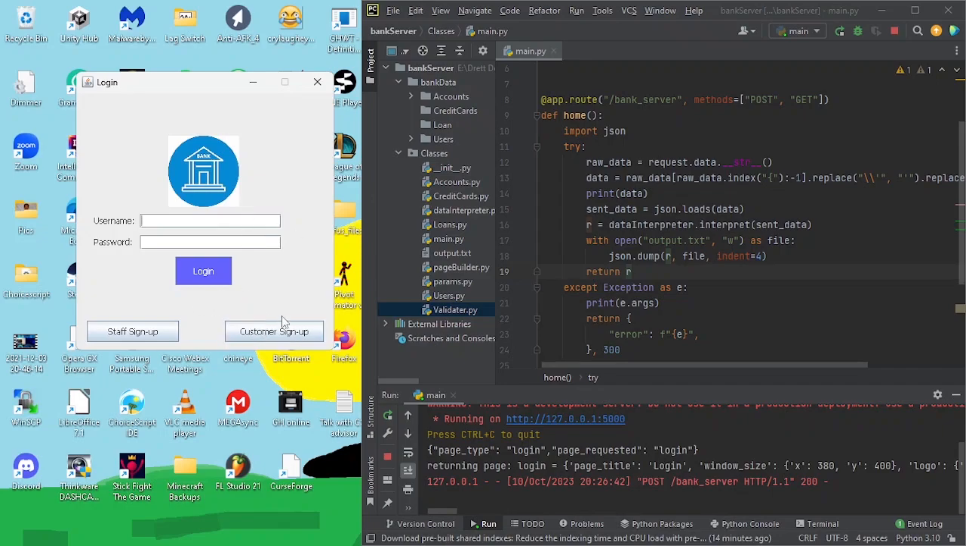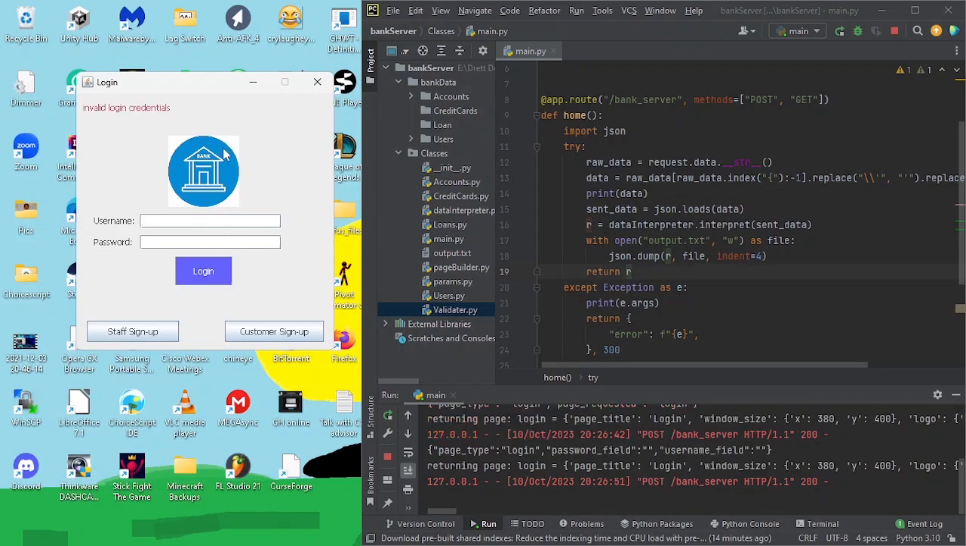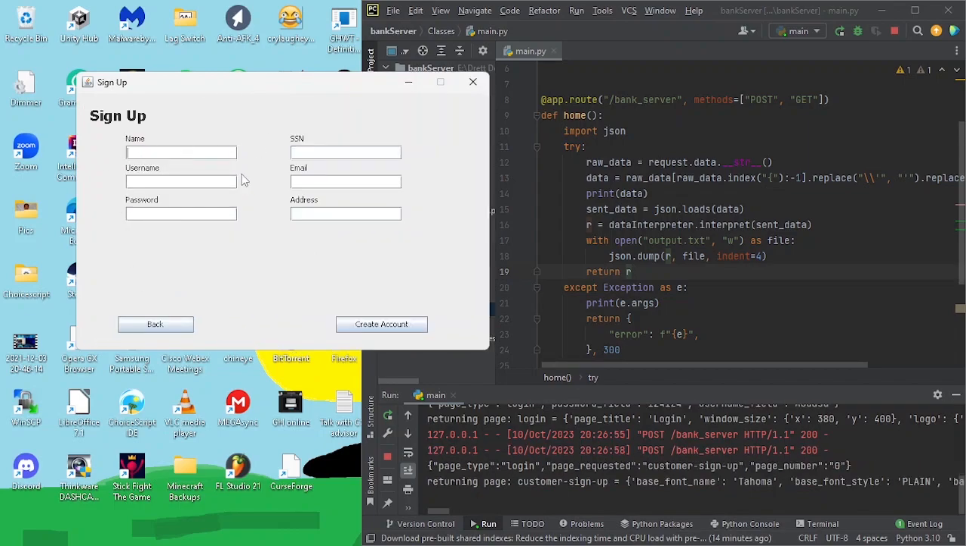Let's go ahead and create a user. Actually, let's try to log in. Doesn't seem to work. Let's create a fake login. Doesn't seem to work. Okay, so let's create a customer